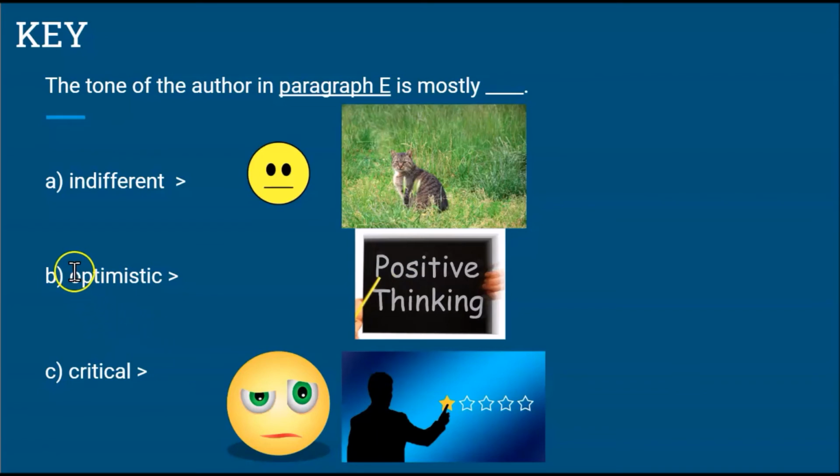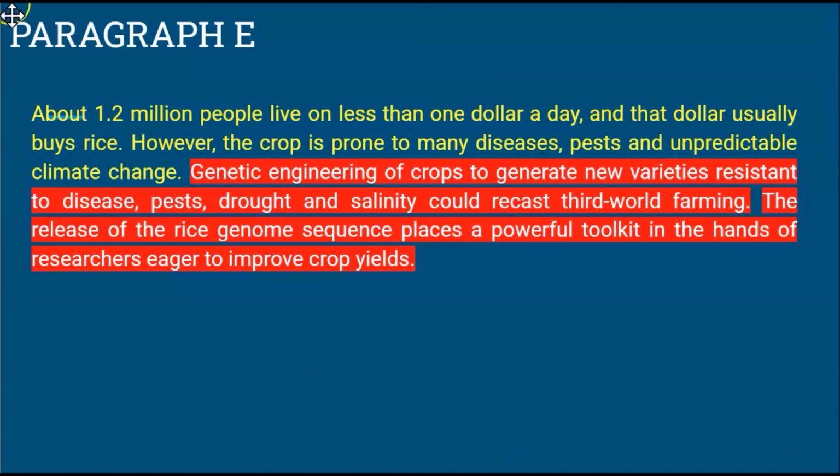And optimistic, we know this word. If you are a Turkish speaker, it means positive thinking. If you are an optimist, you think positively, right? And critical is when you say someone or something is bad or wrong, right? So now that we know the meanings of these words, we can understand that the tone of the writer is